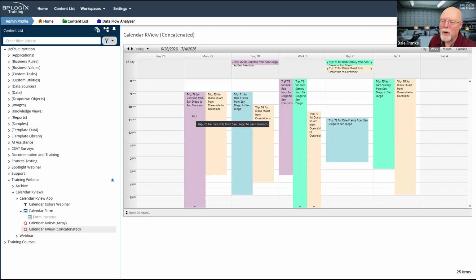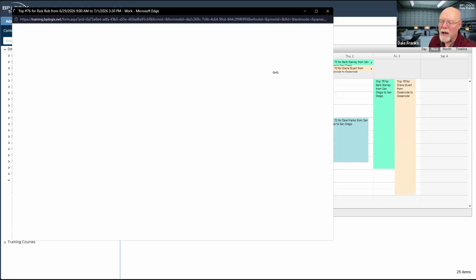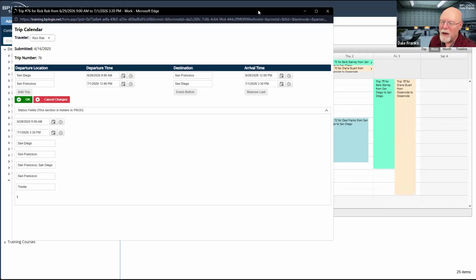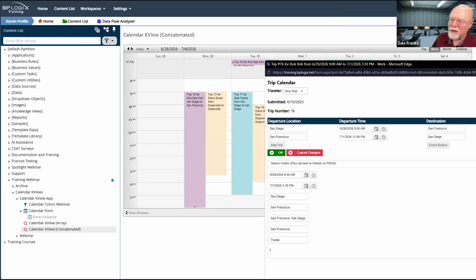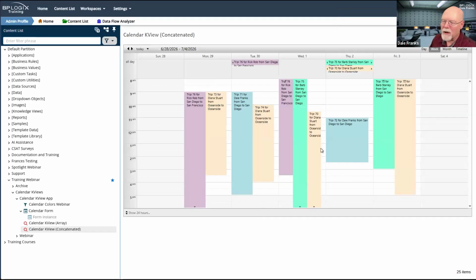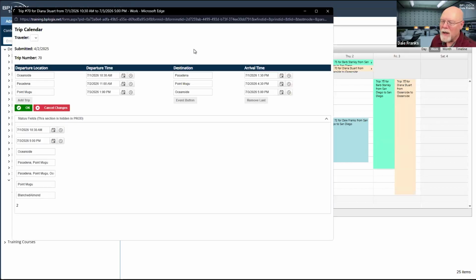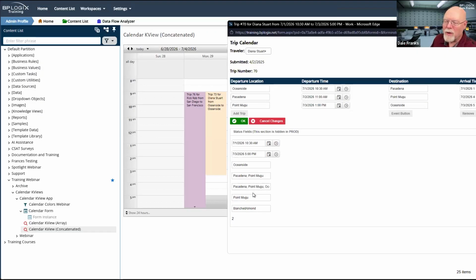So here's Rick's trip, and as you can see, it spans the entire 3-day period. If I click on it, that's fine. It gives me Rick's trip, just as if I click on Diana's trip over here, it will give me that same trip that we've been looking at here, so that we can see the values that we have here.